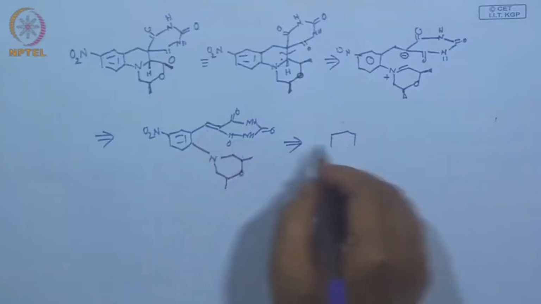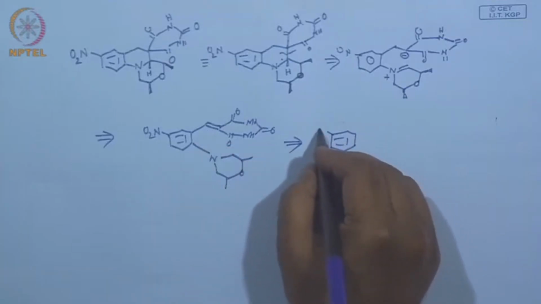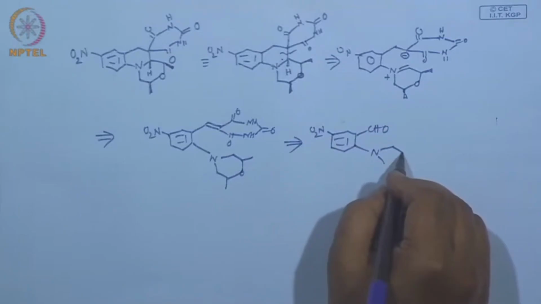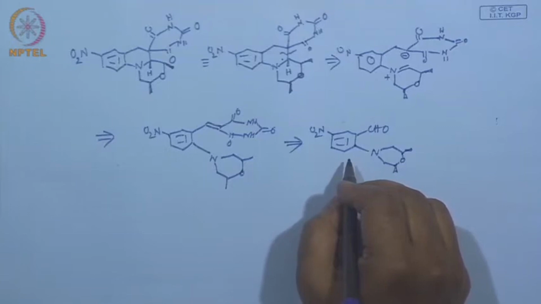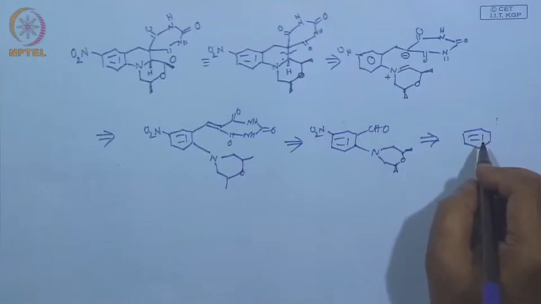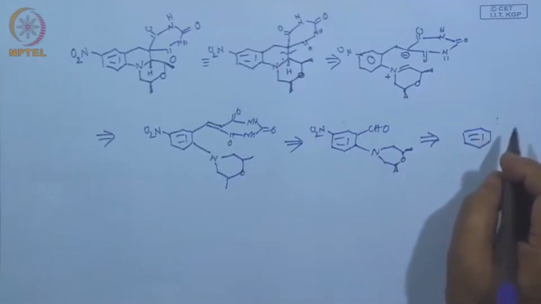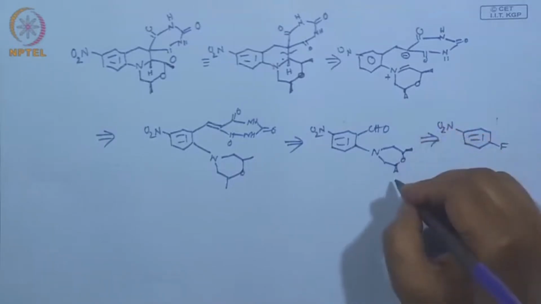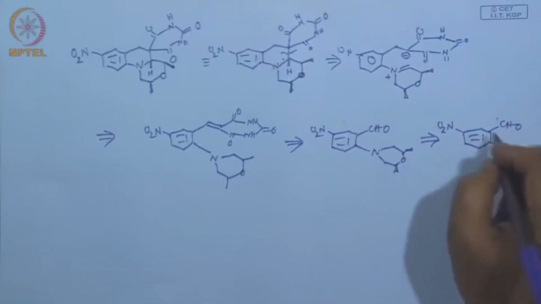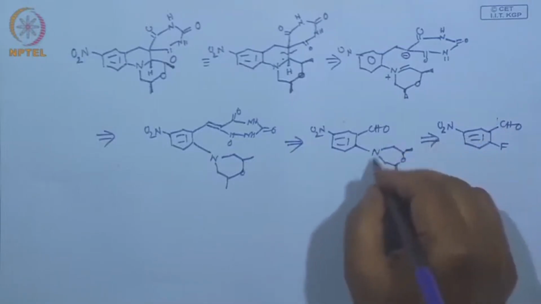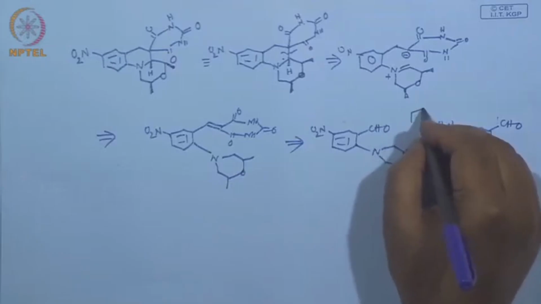This carbon-carbon double bond is formed from the Knoevenagel reaction. So, the next one should be this aldehyde here, and then this 6 membered dimethyl morpholine, and I think all of us know this, we are so used to these addition elimination reactions of Sanger's reagent. You have a nitro group up here. And if you begin with a fluorine substituent and aldehyde, then this sort of thing should be pretty easy. Actually, what was tough was to make this morpholine, we will not talk about it, but if you begin with